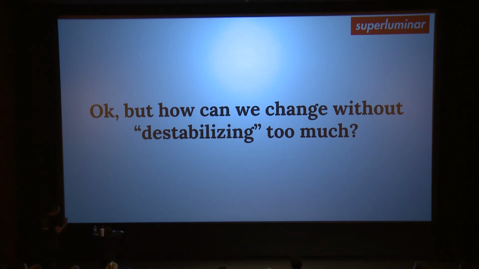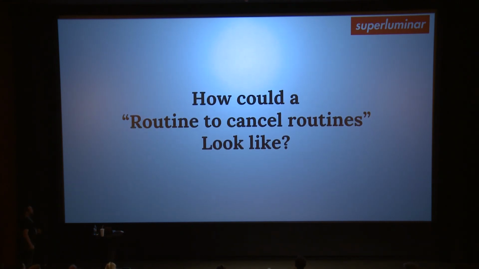We now have all this stuff, and you would say, okay, but now how do we unlearn? And my question is, how can we unlearn without destabilizing the current system, which earns the money, or which does have some processes which somehow work? And so how could a routine to cancel routines look like? And for this I found the